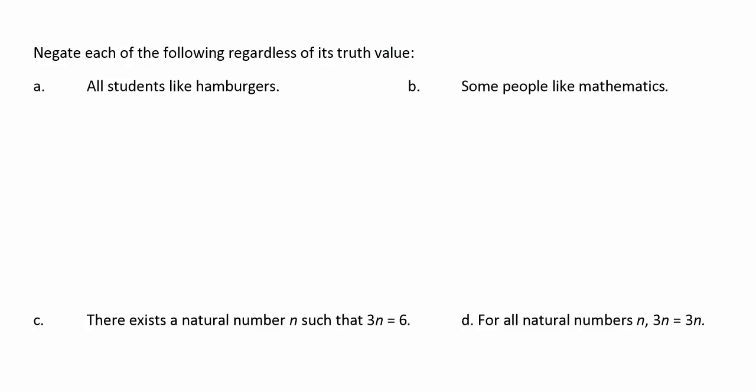Maybe we're looking at a combination or a single value that's related to a particular set. Okay, so we're going to go back to this idea of negation, and tie into it this idea of quantifiers and look at how that impacts the sentence related to it. So in this case, it's not enough simply to throw the word not in there. We actually need to look at the context of the quantifier and think about how we can negate it as well. Okay, so let's start with the sentence, all students like hamburgers. We're saying everybody likes hamburgers. So the opposite of that is not necessarily that none of them like it, it's that just some of them do not like it. So the negation,